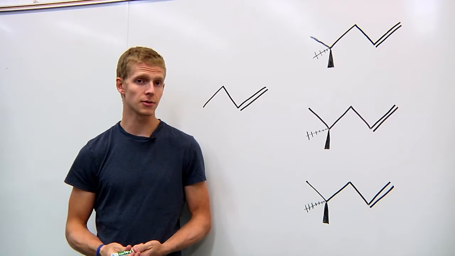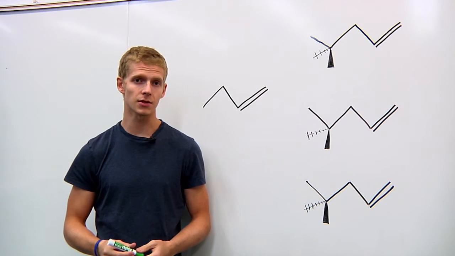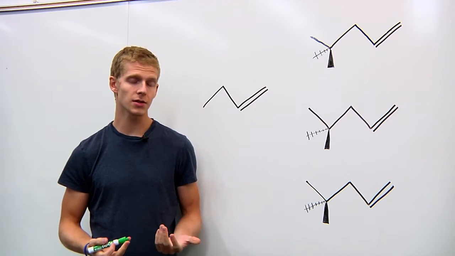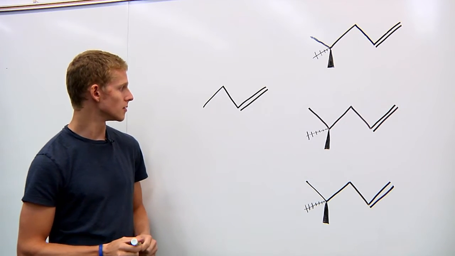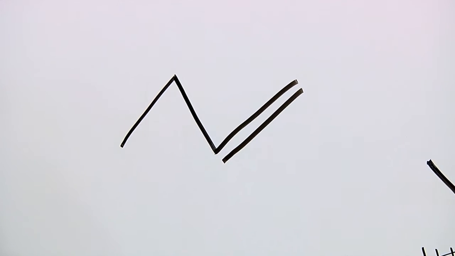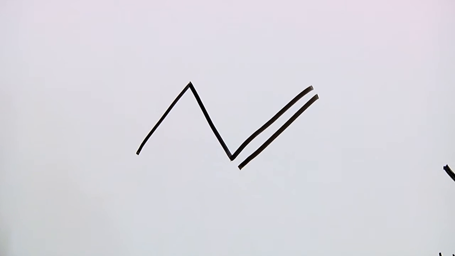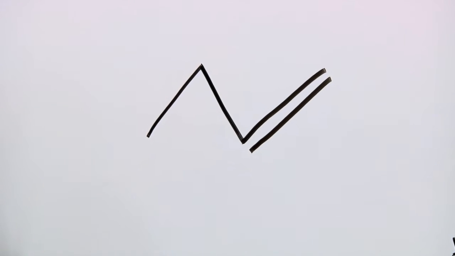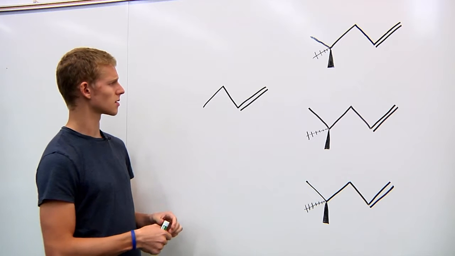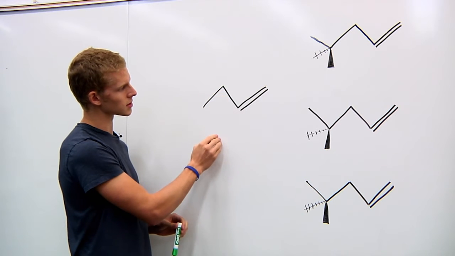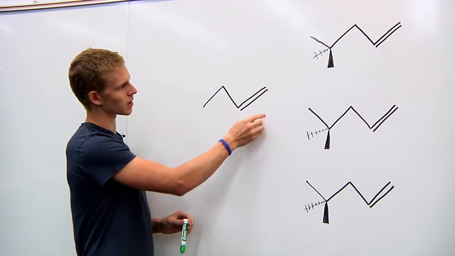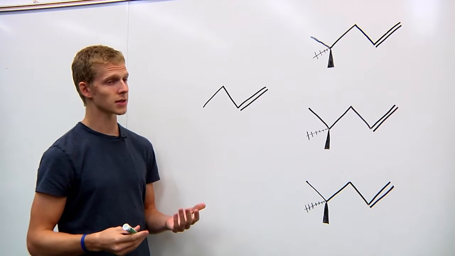When we're examining a molecule to determine how many signals it's going to give in the proton NMR, we need to consider several things. One thing we need to know is that unique hydrogens are going to give their own signal in the proton NMR. So if we just look at this molecule here, at first glance it looks like we're going to get 4 signals. One from these 3 hydrogens here, one from these 2 hydrogens, one from this one, and one from this one. But let's take a closer look.